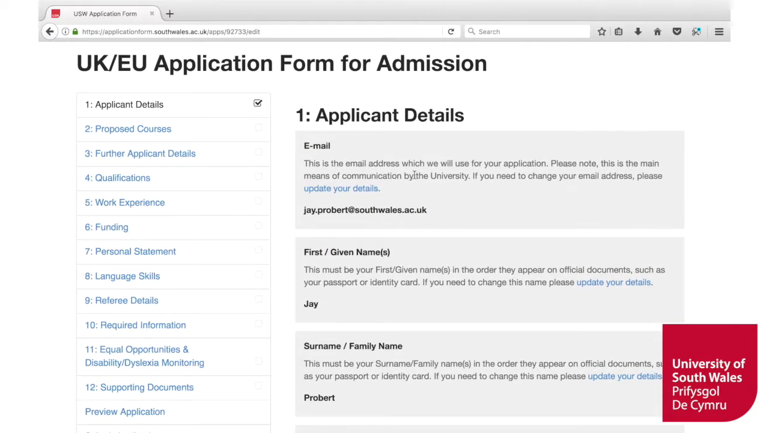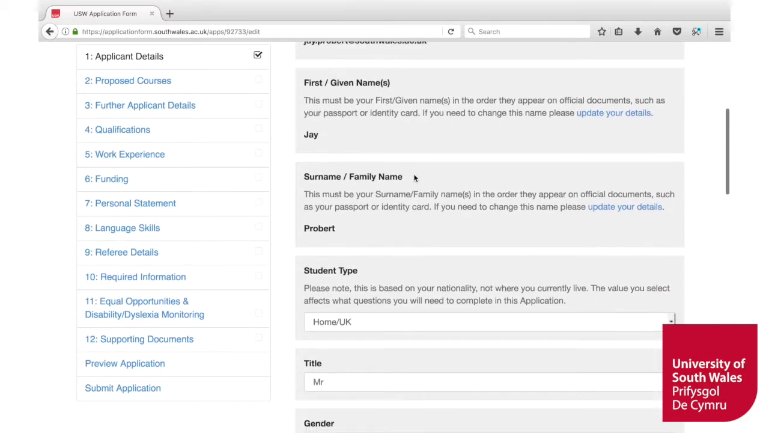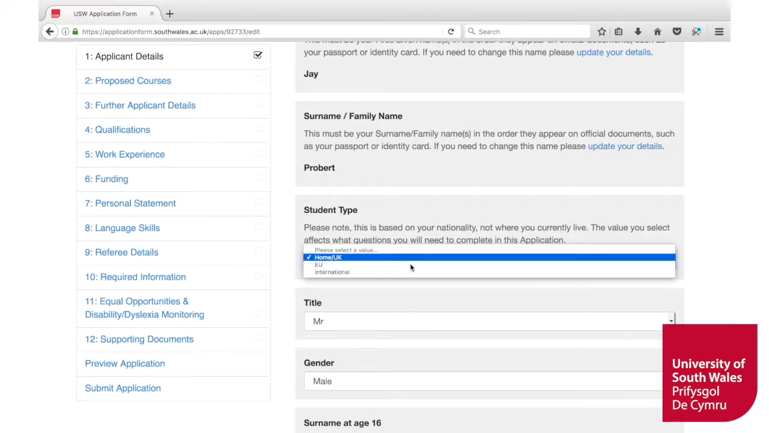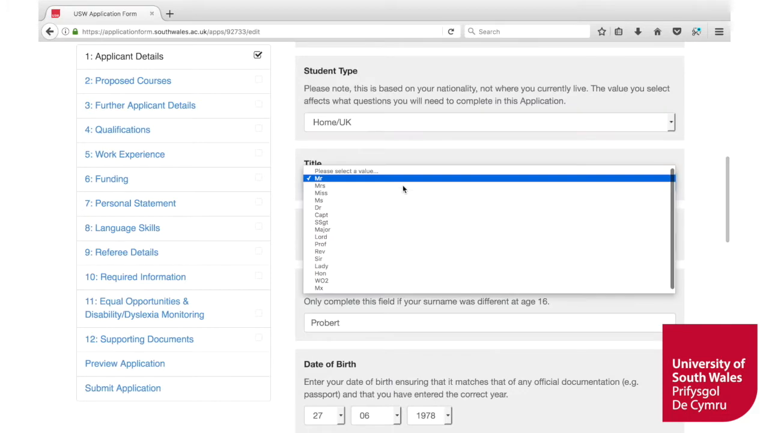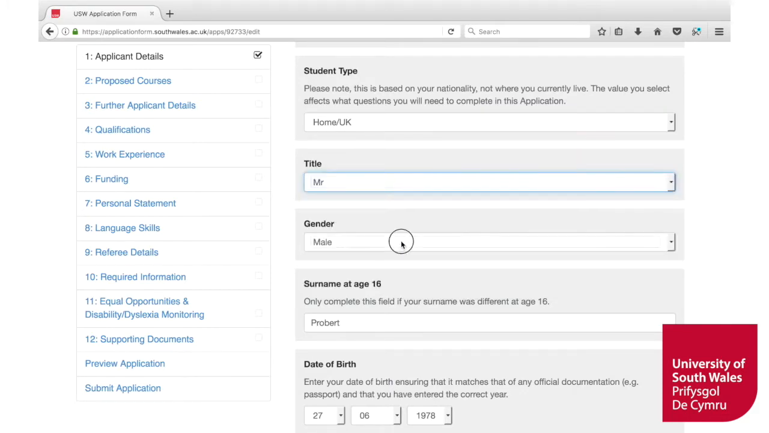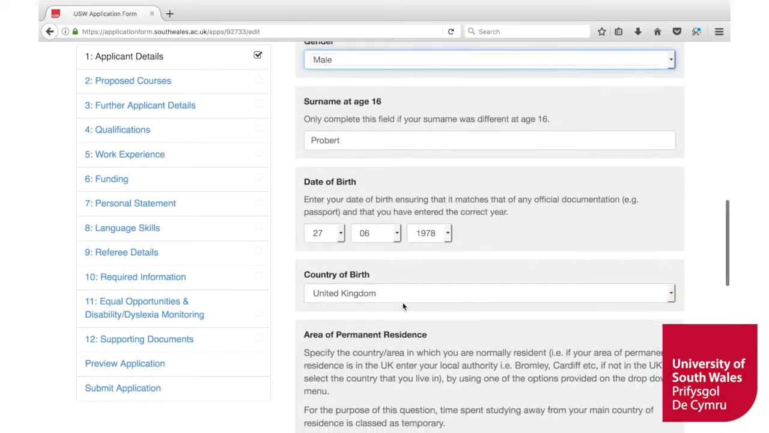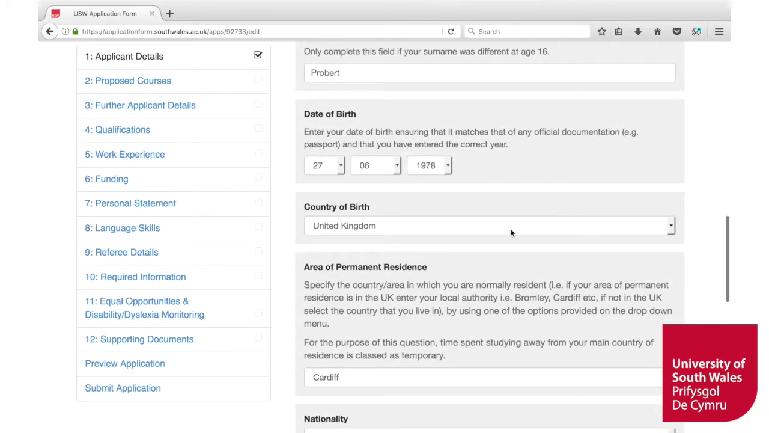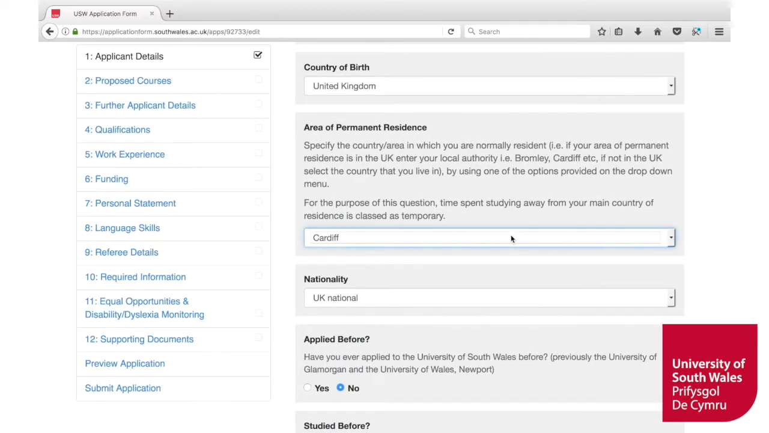So first and foremost, quite an important section is the applicant details. So go through, there'll be a couple of these already completed, your first name and your surname. Please select whether or not you are a home, EU or international student, your title, male or female, surname at 16, your date of birth, your country of birth, your area of permanent residence,